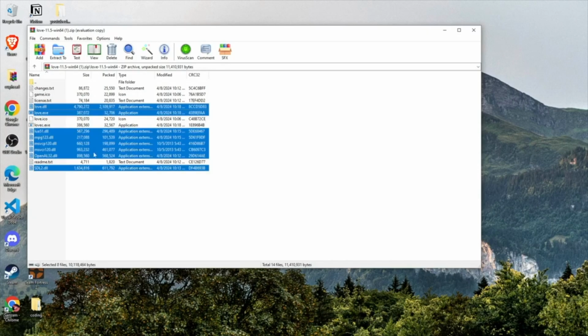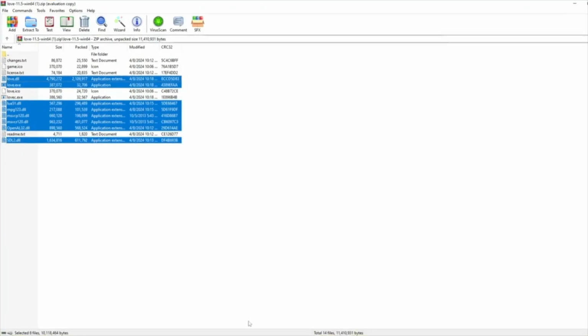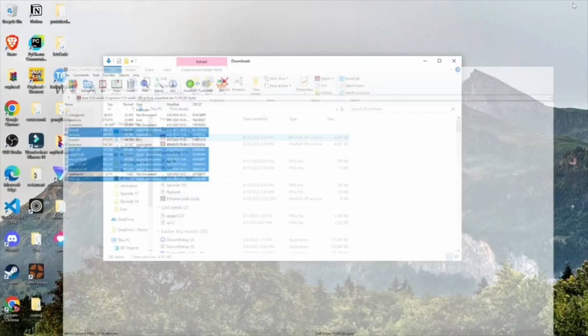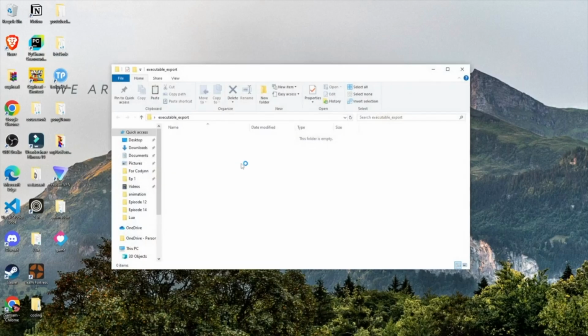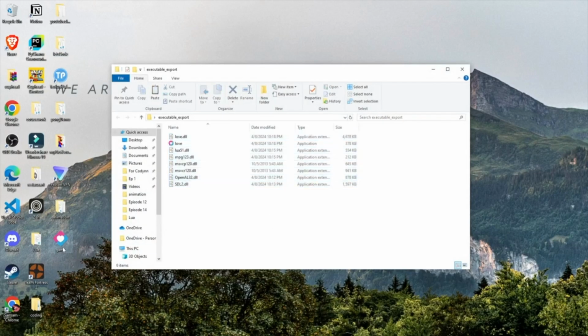So you can copy them, and then you can head over to your export folder, so executable_export, and you can paste them here. Now after doing that, you can drag and drop your game.love file that you just created,